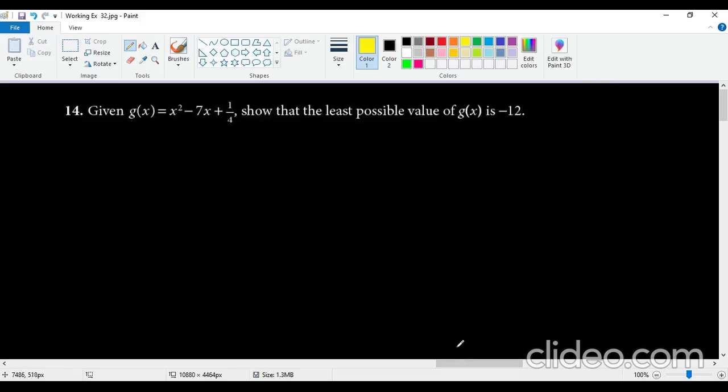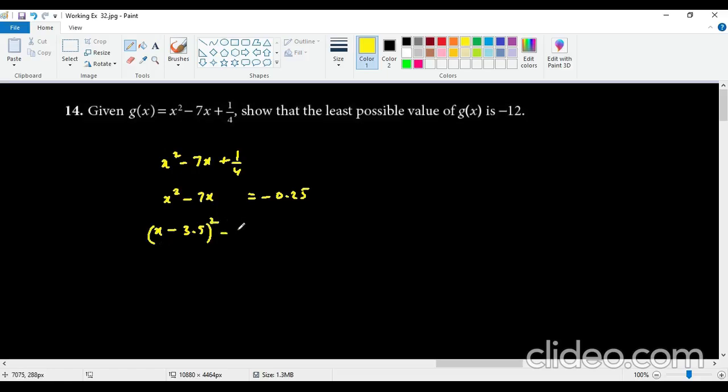Now, this can be a tricky question in which you need to find out the values. In here, x square when the value is negative 12. So x minus 7, x plus 1 over 4. This is the value. And what we can do is I can take this onto the other side, 1 over 4, or we can write 0.25. Now, what we'll do is x minus 7 over 2 is 3.5. So I will write 3.5 here,